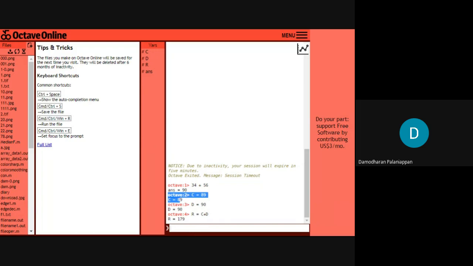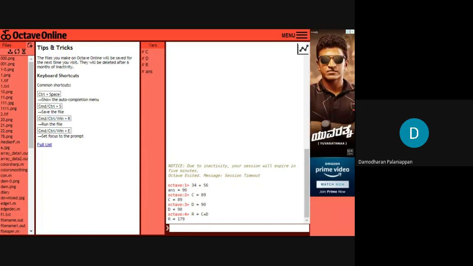If you go for the implicit, it stores the data, but it will not display the data. For example, A is equal to 70. If I give A is equal to 70, automatically the data will be displayed.